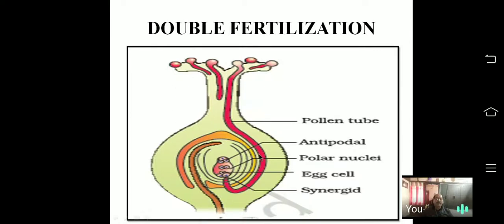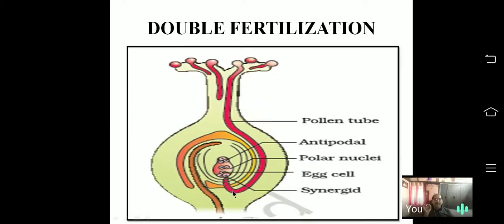See, this is the pollen tube developed from the pollen grain. It passes through the stigma and style, and finally reaches the ovary. What happens during the growth of the pollen tube? I said that the pollen grain has one more cell, called the generative cell. That generative cell divides by mitotic division and produces two male gametes, sperms. They will be present at the tip of the pollen tube.